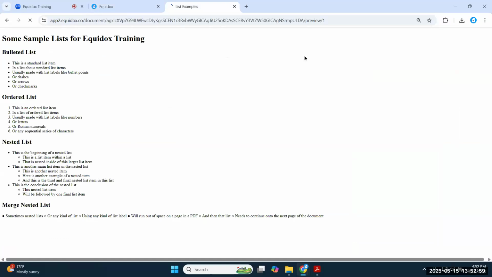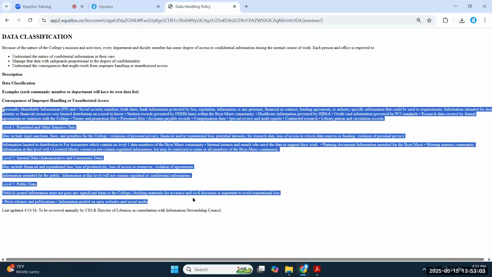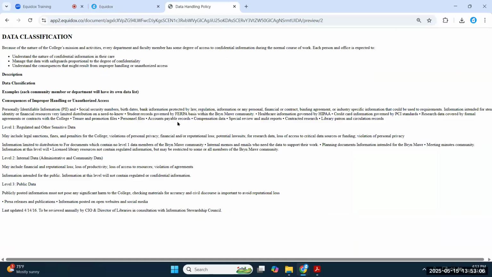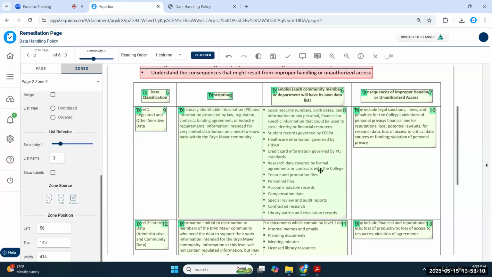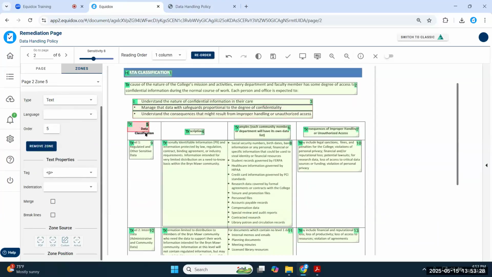Otherwise, what you end up giving the screen reader user is something like this. It's just a bunch of random information being read in a crazy order that is basically just determined by the layout of the zones or the random layout of the tags. So it's obviously unacceptable to just export this table without going through the steps of making sure that it's accessible. Table remediation is notoriously slow and difficult and challenging in Adobe Acrobat, but it's much easier in Equidox. So there's really no excuse to skip tables anymore.